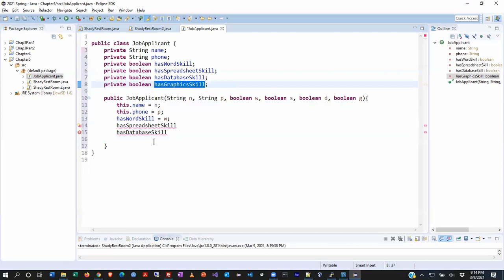And then feed the variables into it. Which variables are we feeding? The ones that are listed up above. So it'll be